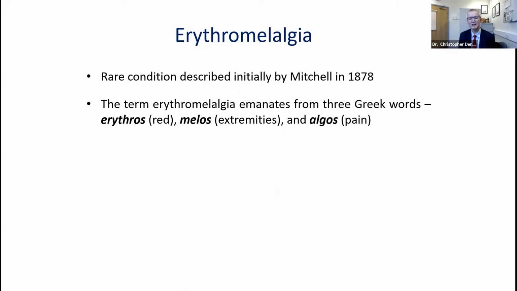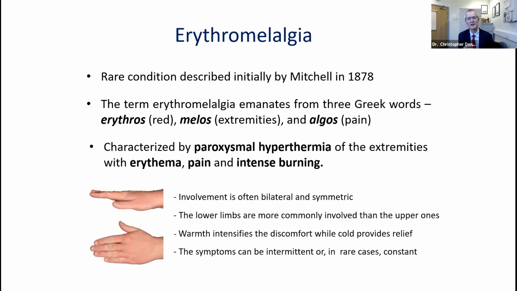but he identified this condition, in which pain, peripheral pain, was associated with erythema of the extremities, and the term erythromelalgia was coined. So painful red extremities. And in addition to having that sort of intense burning pain and discoloration, patients often describe a paroxysmal